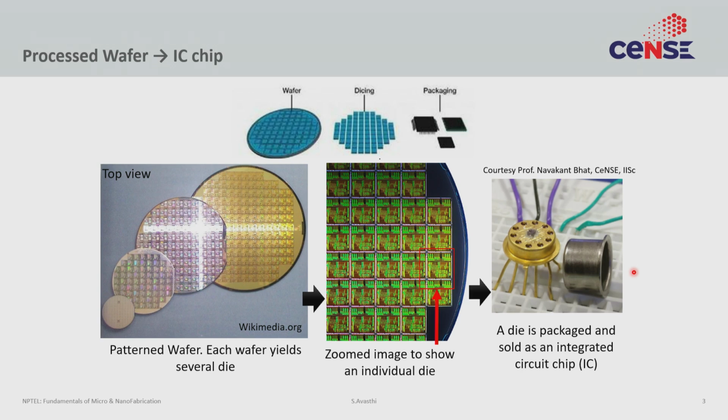So the process integration person's job is to make sure that this part of the equation is working perfectly. But in order for this device to function at the packaged level, there are a lot of optimizations that must be done at the wafer level itself. So while the job is restricted to what is happening on the wafer, a PI person should have a very clear idea of how the eventual device will be managed and packaged for them to design the device appropriately. Okay, so that's something to remember.